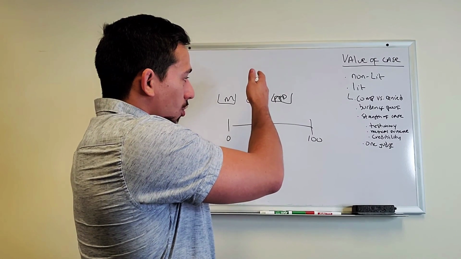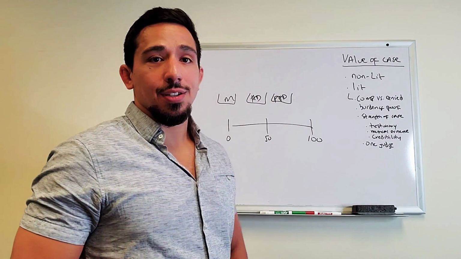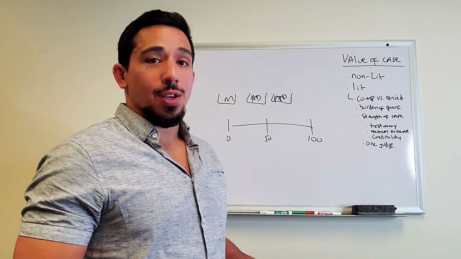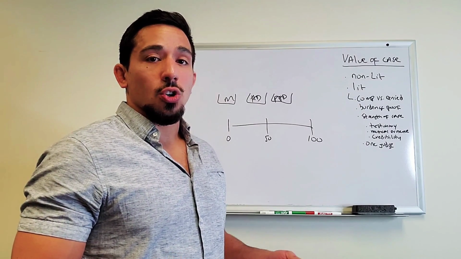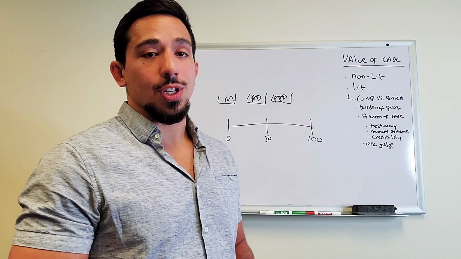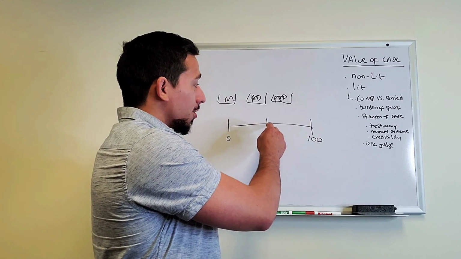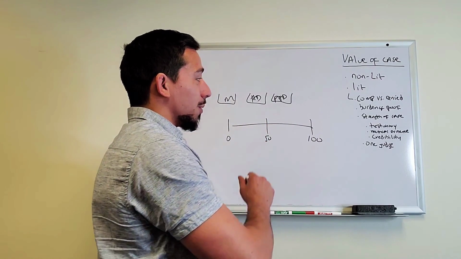If you and your attorney make a case and it cuts right down the middle, so the judge is saying this could go either way, the judge is not sure who to believe, then the claimant would lose. You would lose in that situation. You need to prove your case by a preponderance of the evidence, so more than 50%.